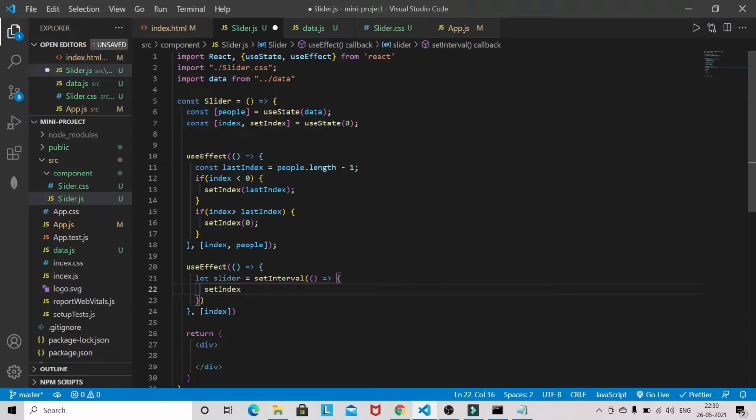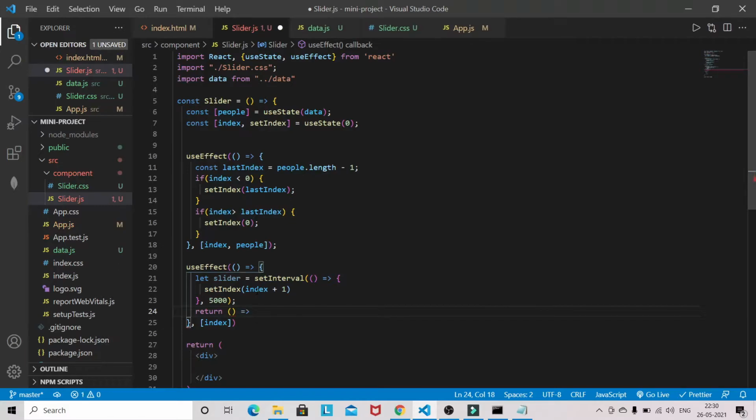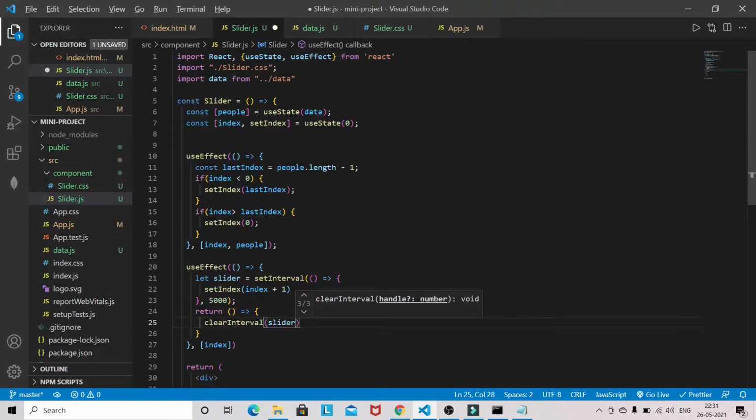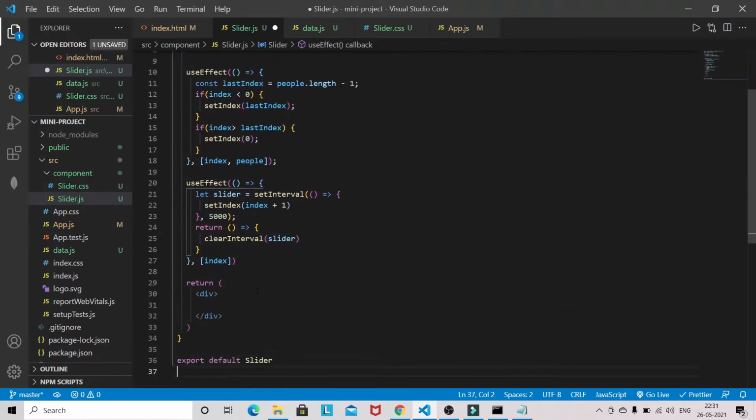That's why we are using this logic. Here we have to specify the 5 seconds, so I'm giving 5000 milliseconds. Then we have to clear the interval on cleanup, which means unmounting this slider. So this is the logic.